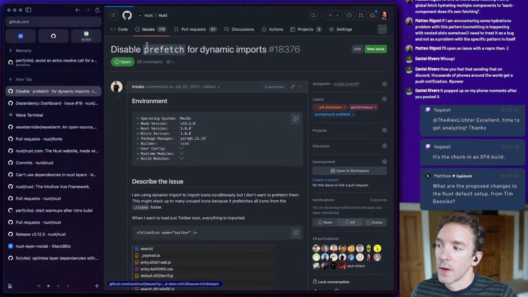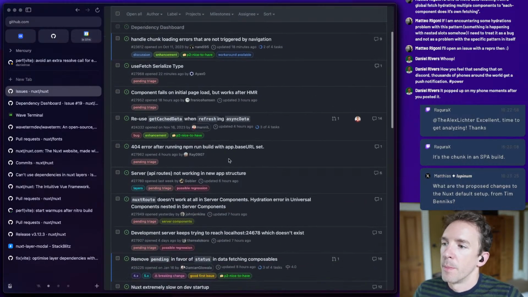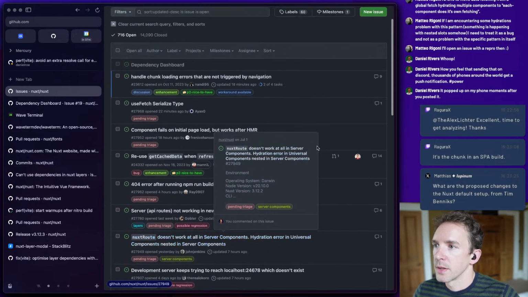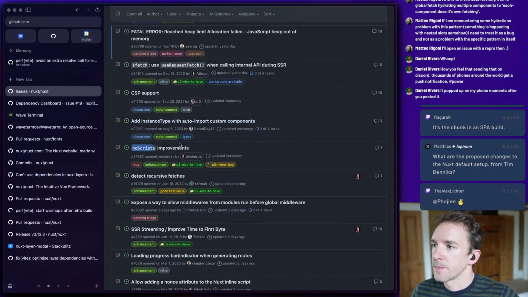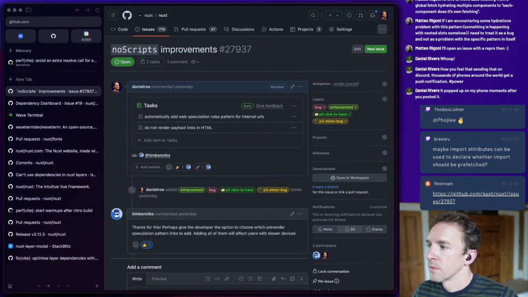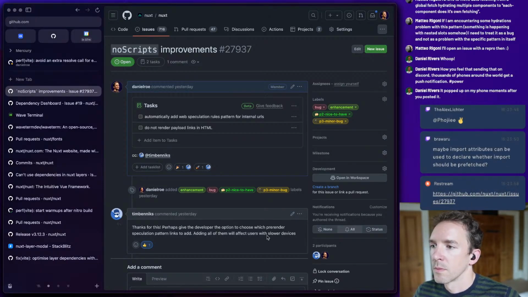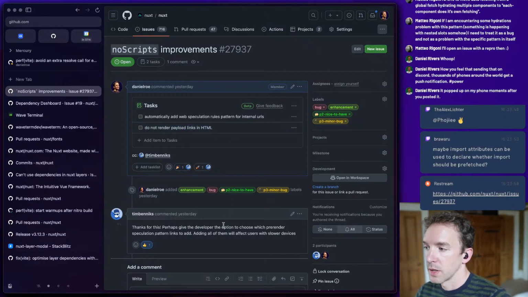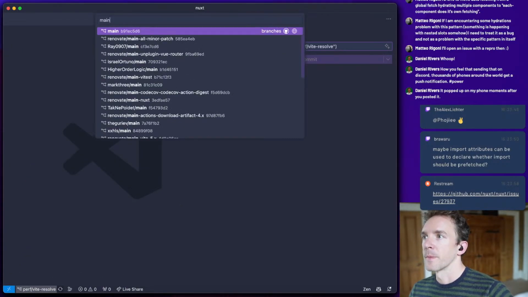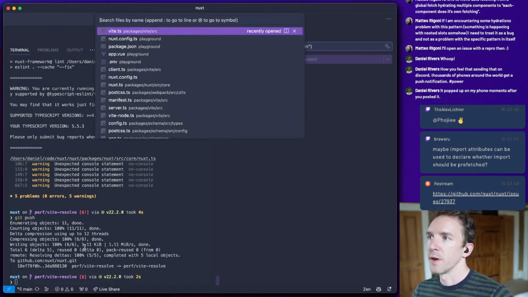Oh, so I don't know what Sebastian reached out to him about, but the issue that I created was this. In particular, I think rendering payload links in HTML if no script is on is a bug, but Tim encountered that, so we need to investigate that. So let's see. Let me just confirm it. Let's see if it's true.